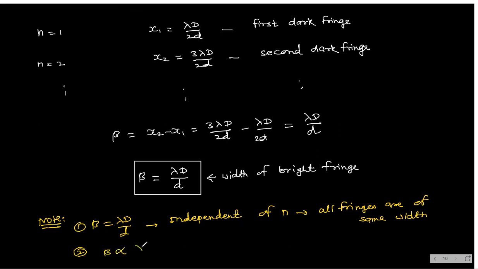Next, beta is directly proportional to lambda, directly proportional to D, and inversely proportional to small d. What is lambda? Wavelength. What is capital D? Distance between the screen and the slits. And small d is the slit separation. One more note point, and then we will stop. See here. What is angular width? Angular width is nothing but beta naught, and this is equal to,